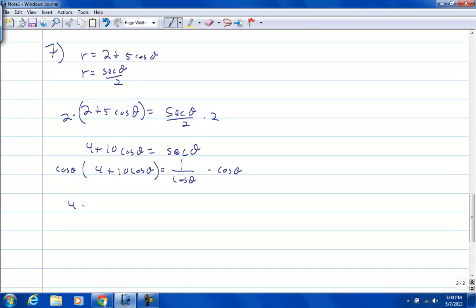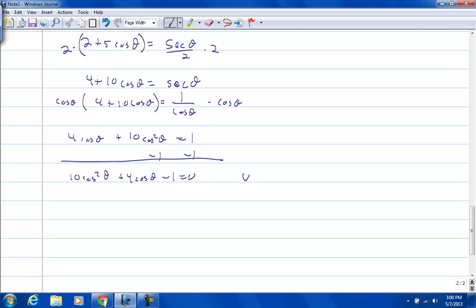And I have 4 cosine theta plus 10 cosine squared theta equals 1. So it's starting to look like a quadratic. And if I subtract the 1 and rearrange the order, I'd have 10 cosine squared theta plus 4 cosine theta minus 1 equals 0. Now, if we say u equals cosine theta, what we have is